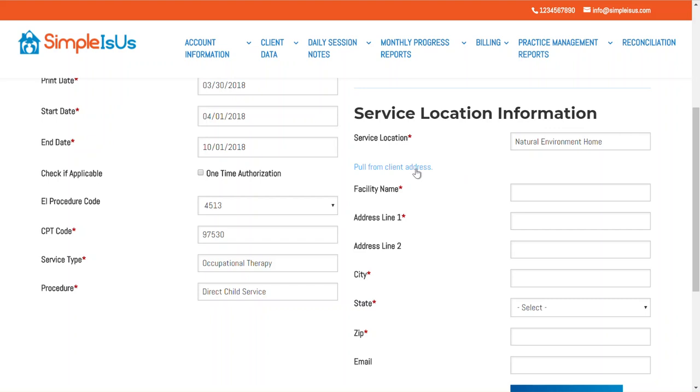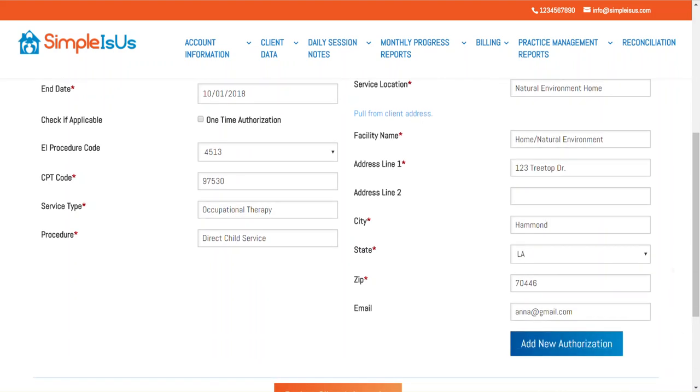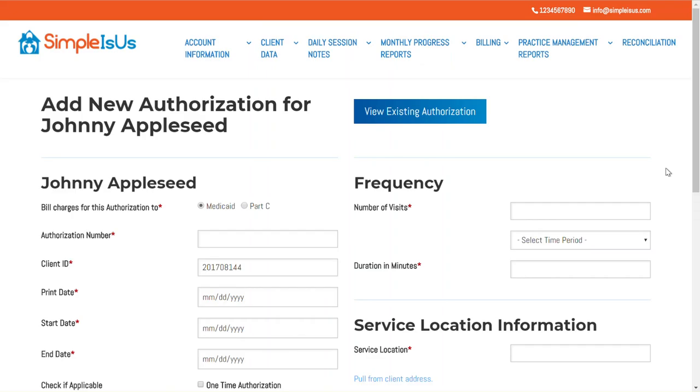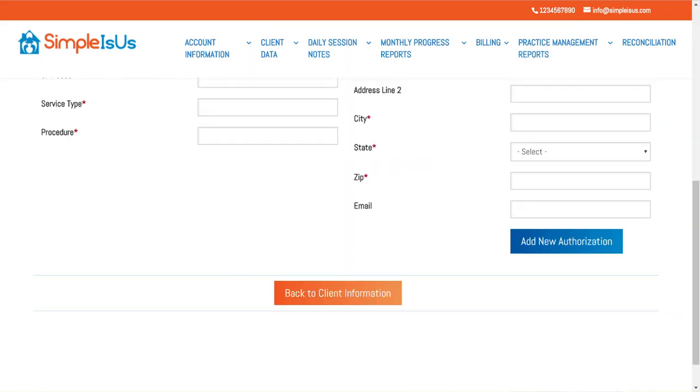Since this child is seen at home, I'm going to pull from the client address, and all of the information that I entered on the first screen will populate. You select Add New Authorization, and then you've finished entering the child's authorization information. If you need to enter another authorization, you can do so at this time. If not, select OK, and then you can go back to the child's screen, back to client information,